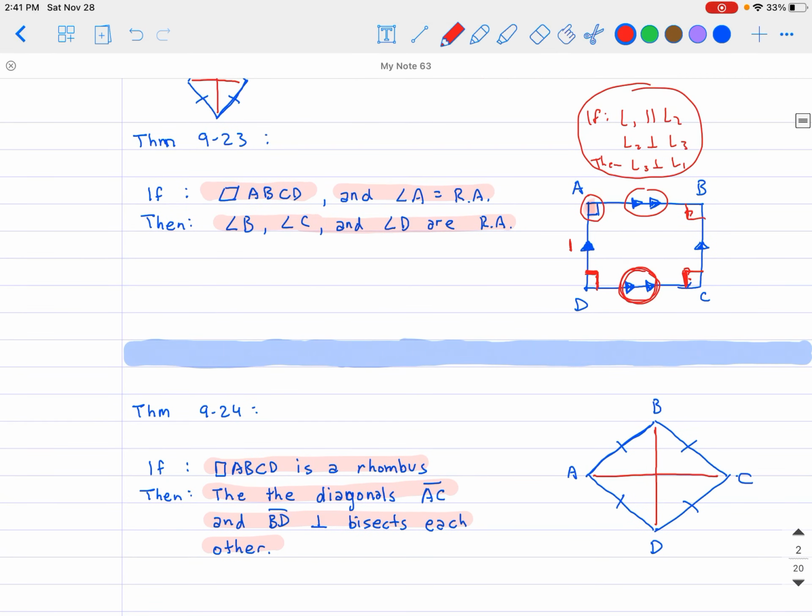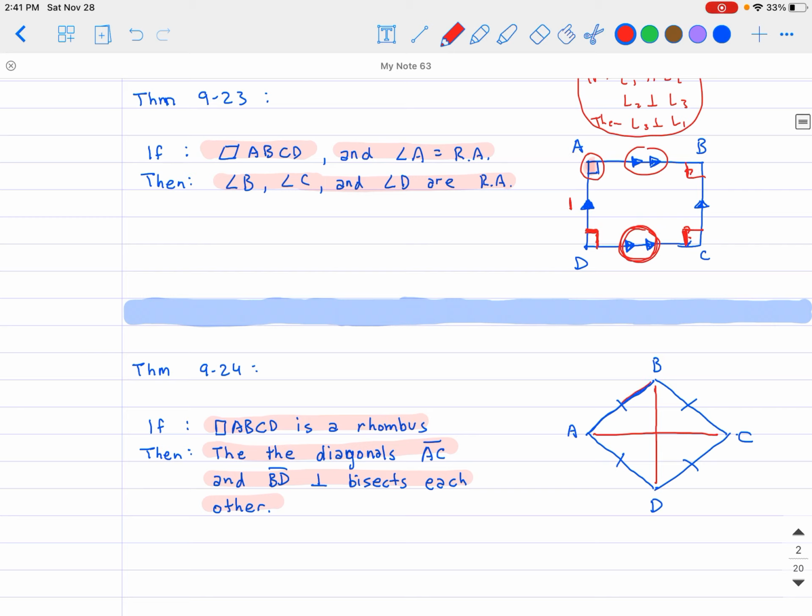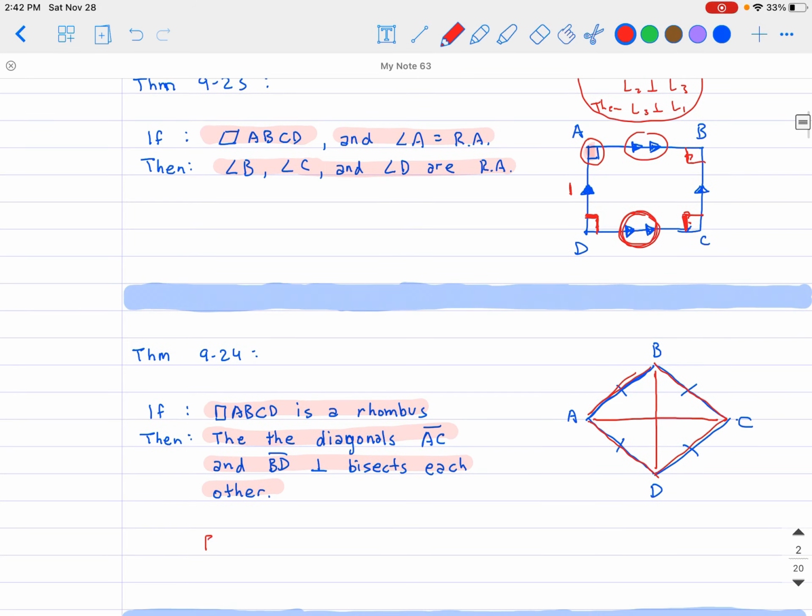Well, now this we have to dig back to chapter 6, if I remember correctly. There was a corollary, I think it's like 6-2.1 or 4.1 or something like that, which says that if you have this exact same setup as a kite right here, where AB is congruent to BC, and AD is congruent to DC, then the conclusion is that AC is going to be perpendicular bisected by BD. Okay, so by that corollary,